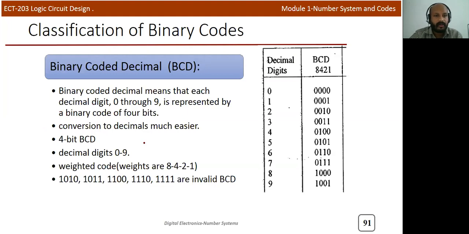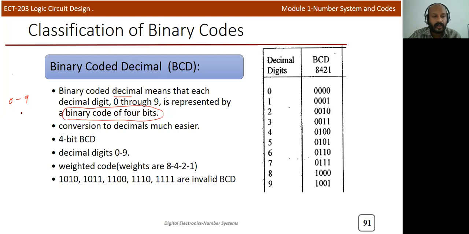First, we will start with binary coded decimal. Binary coded decimal, or BCD, means we will represent each decimal digit from 0 to 9 by using a binary code of 4 bits. It's exactly the same as the binary value, but this coding system is only used for 0 to 9, because in the decimal or base 10 system, the different digits used are 0 to 9.